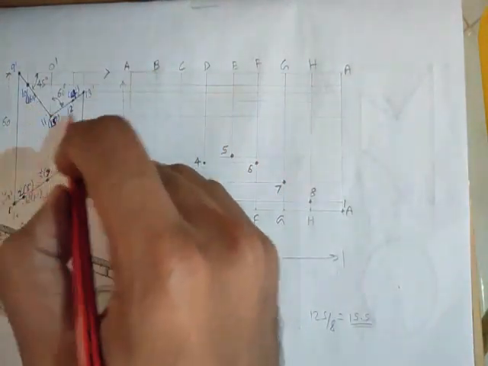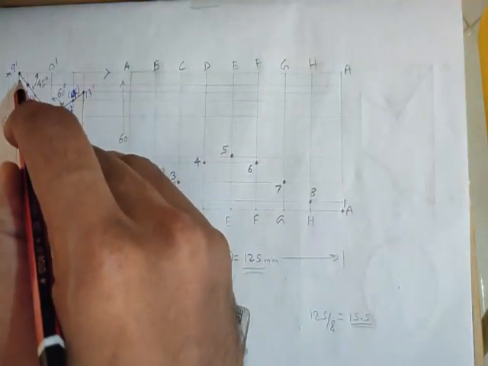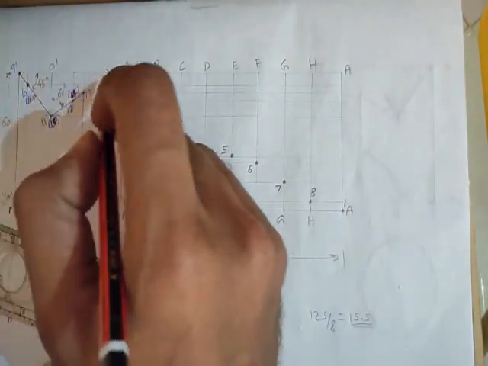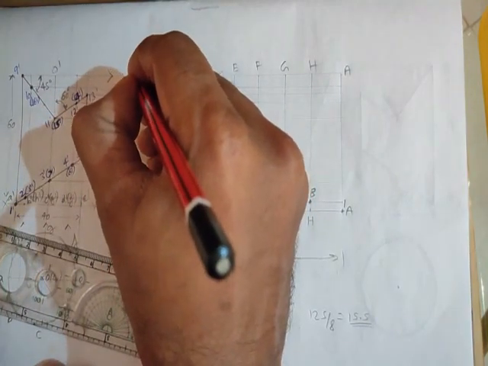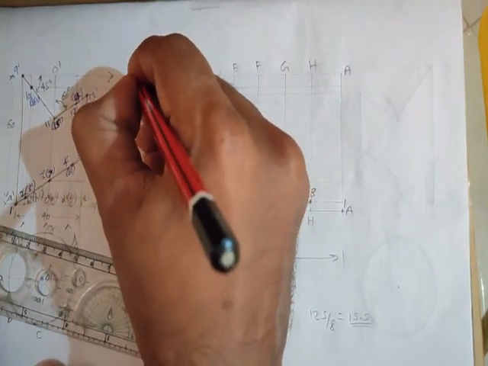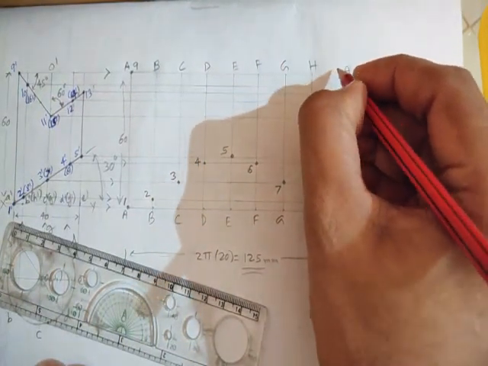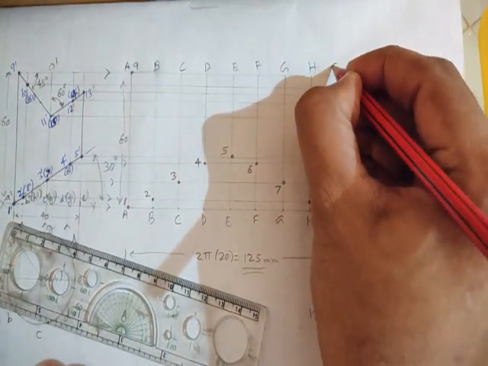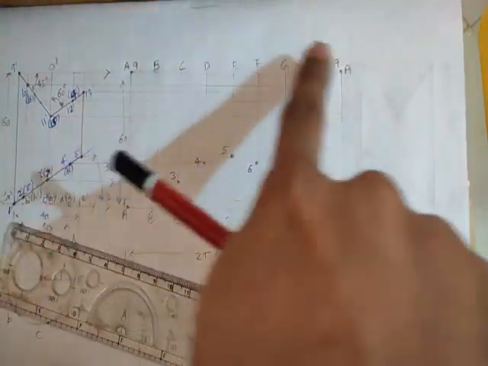Similarly, locate these intersection points here. Starting with 9, the intersection with A, you'll have 9 here at A. You'll also have a 9 here at A. Okay, because there are two A's, so there will be two 9s. You are starting with A, you are ending with A. You are starting with 9, you are ending with 9.